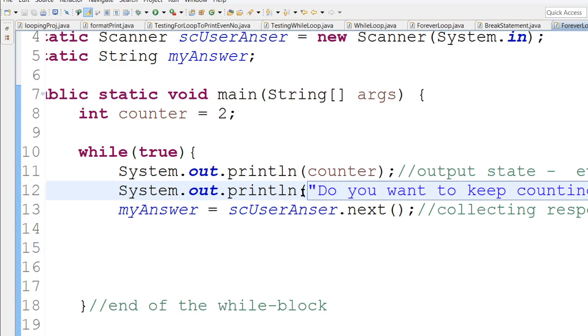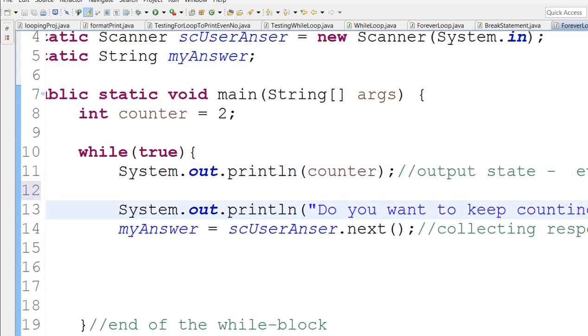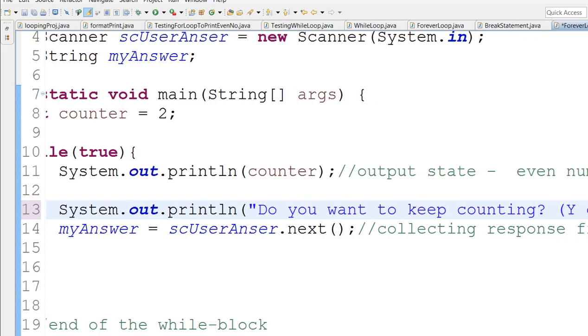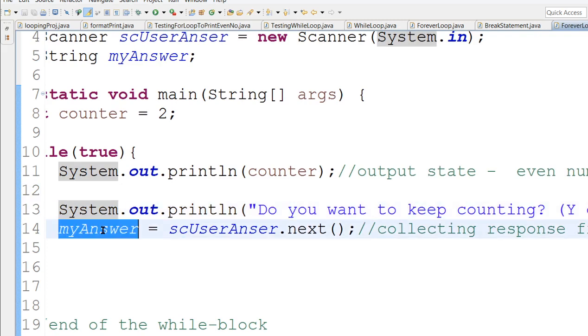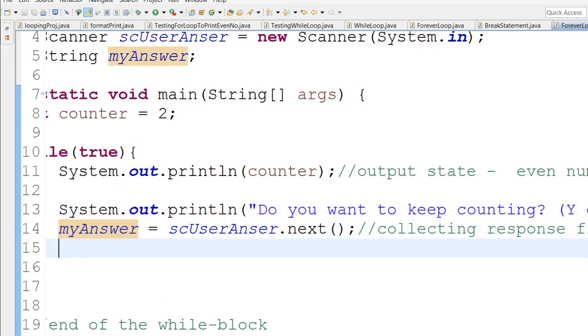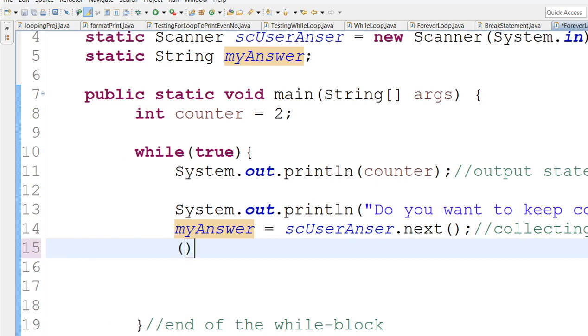So you may introduce this yes or no. So this comes first. It's a question here. Questioning. Question that needs an answer. So the answer will be stored inside my answer, and then you carry out some kind of decisions with if statement. So if statement here, if